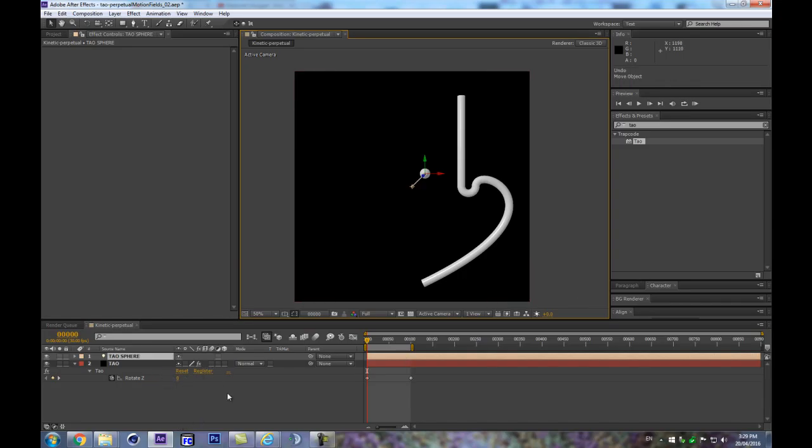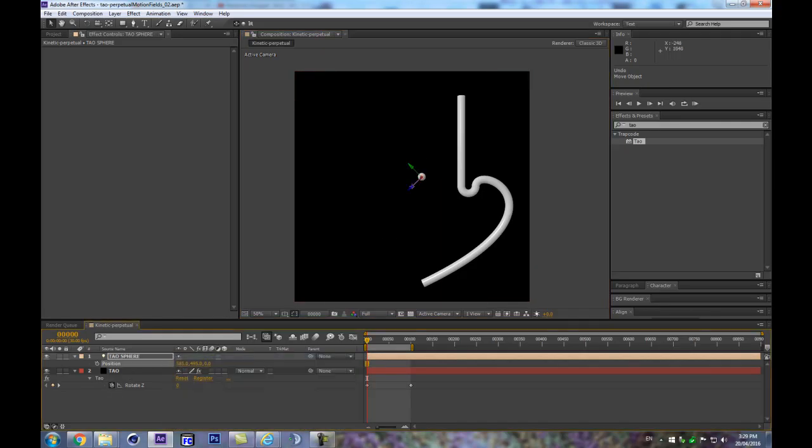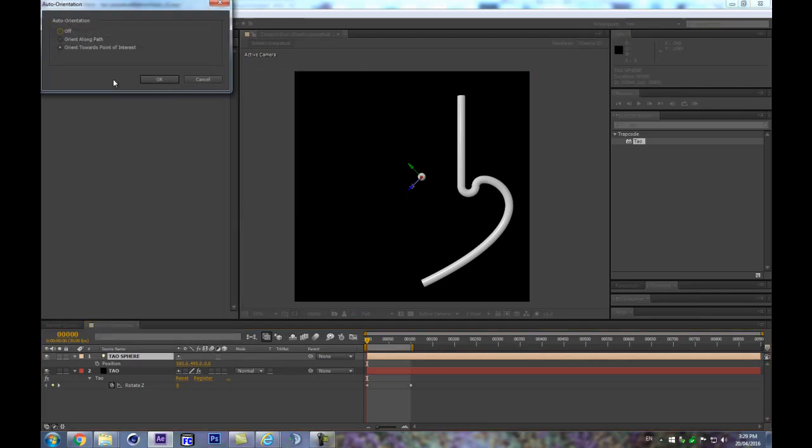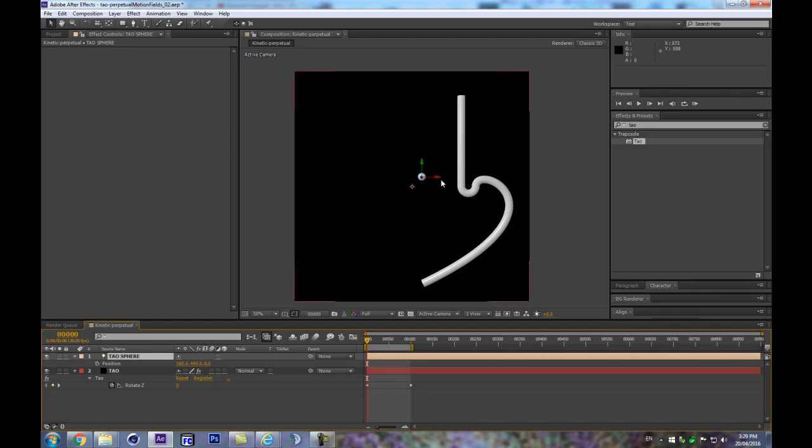So what we might want to do with that sphere is make sure that it's zeroed out on Z, and we can also make sure that its auto orientation is set to off, and then we can simply bring it up here,